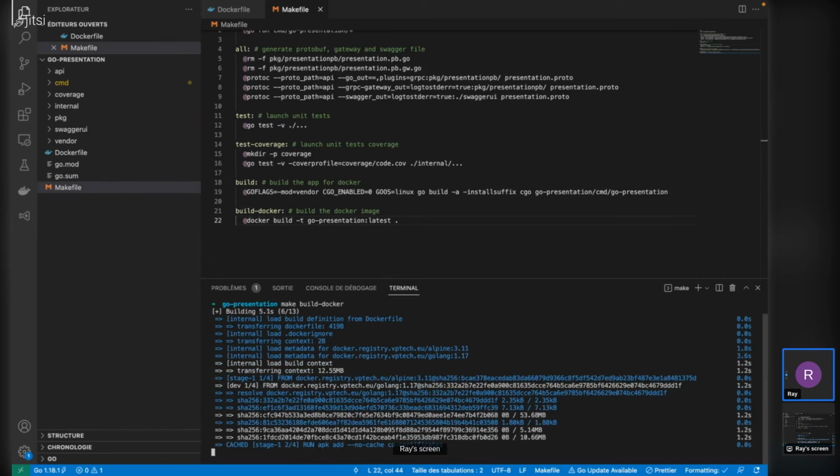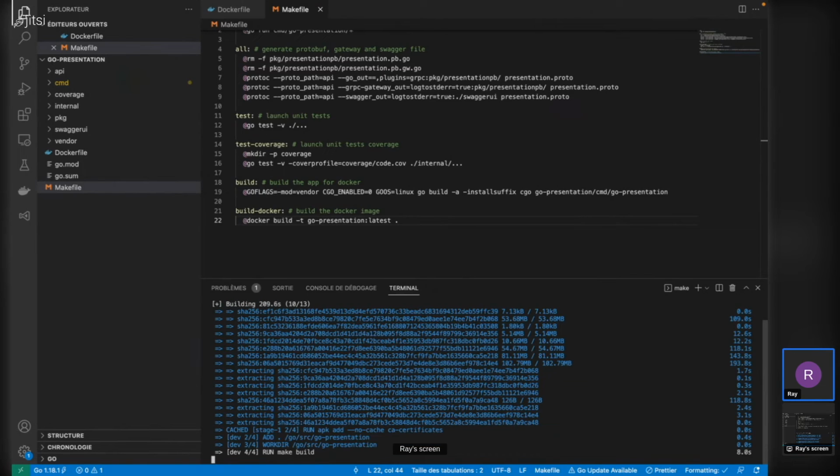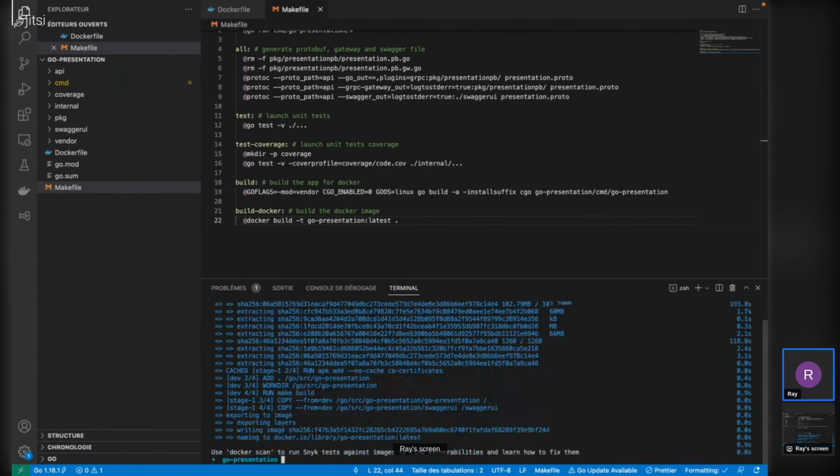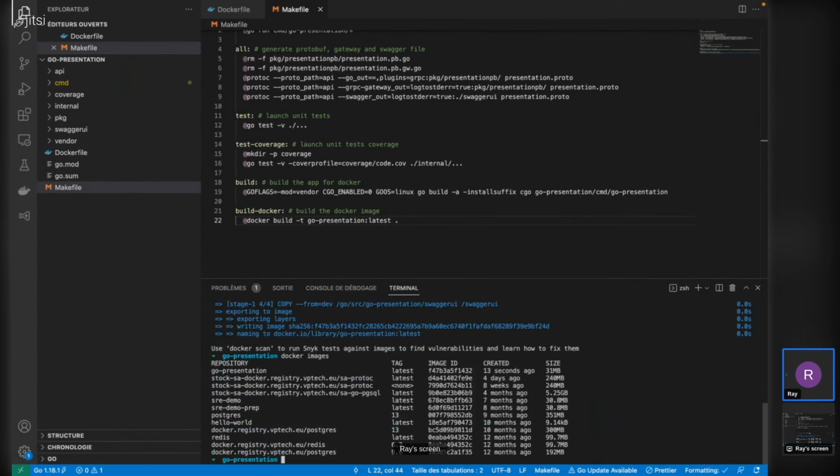So the Docker image is building. Okay, so now let's check if the Docker image was successfully built. So I will run docker images.